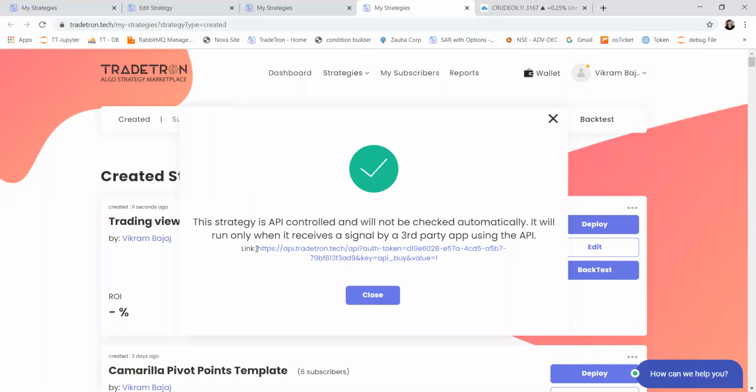Now the link that you see here, it has something called auth token, key and value. So this token will be used to map your strategy which you created on Tradetron with your signal generation on TradingView. So this token will be unique for each and every strategy that you create on Tradetron. So I'll just copy this whole thing.